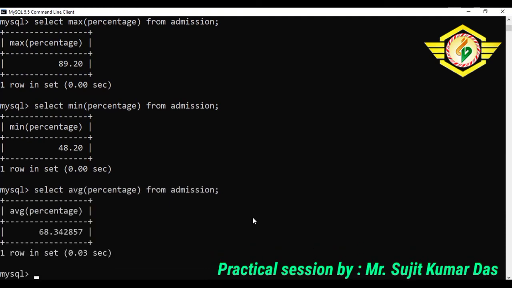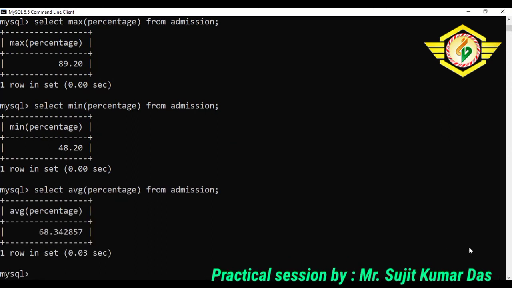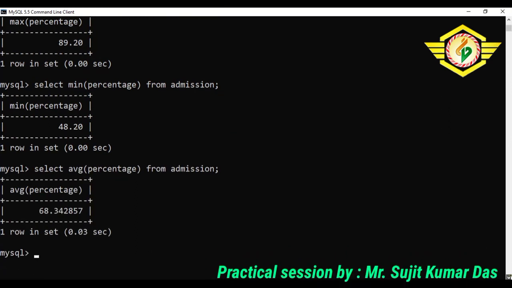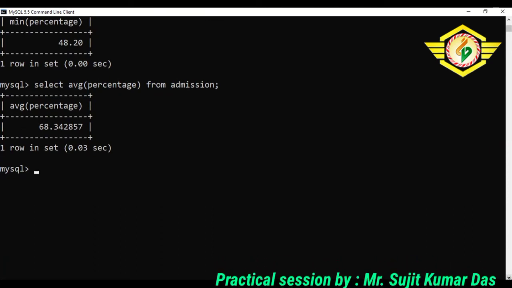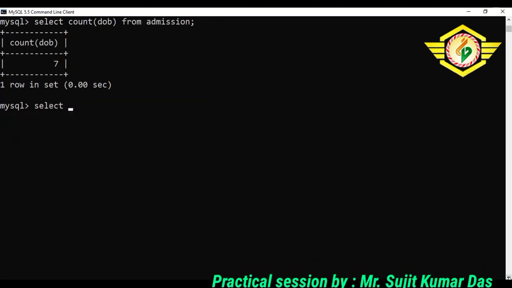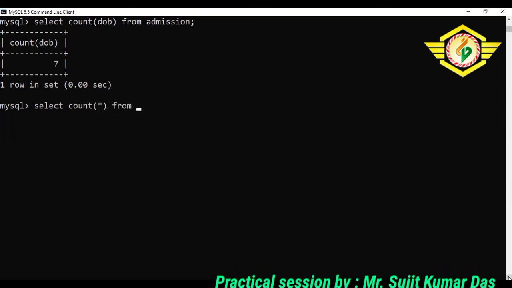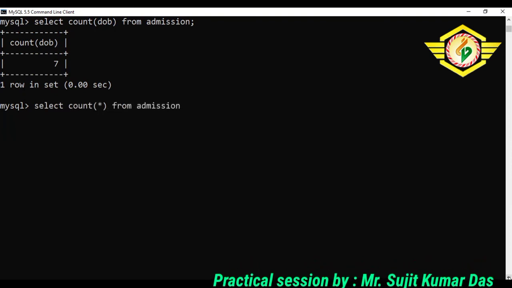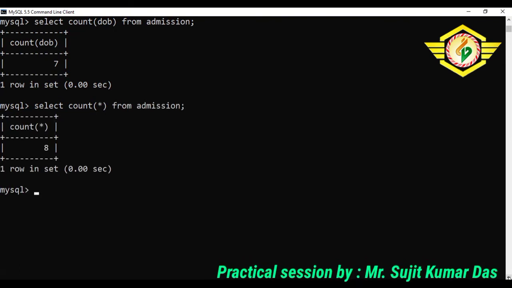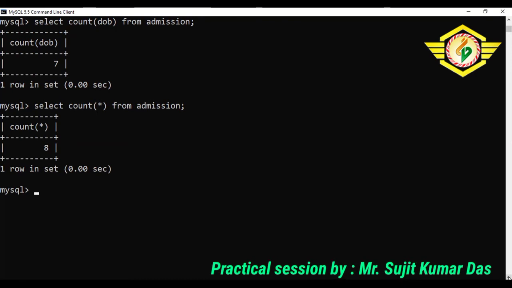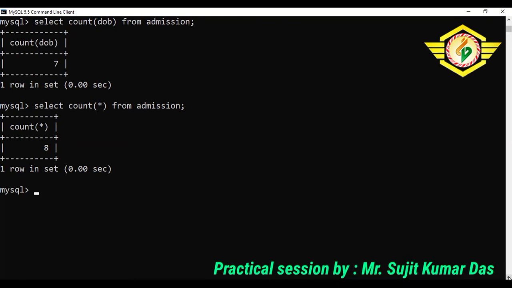Average percentage is 68.342857 of all the students entered in the table. Select count star from admission, it will give me 8 because count star is used to count the total number of records in a table.